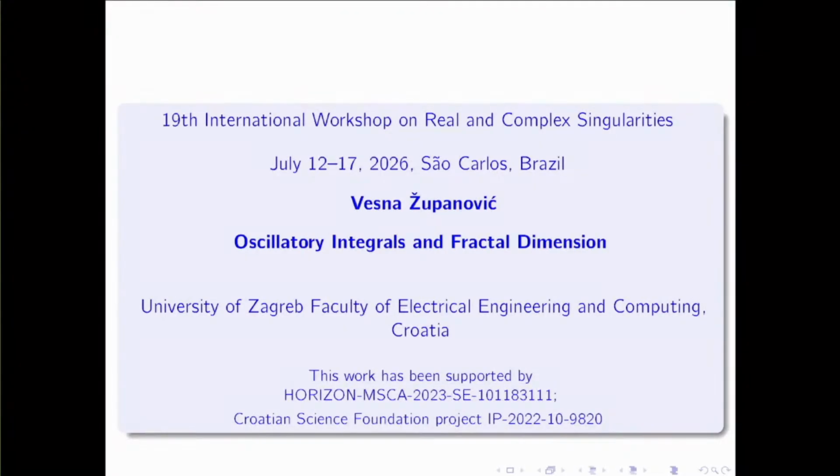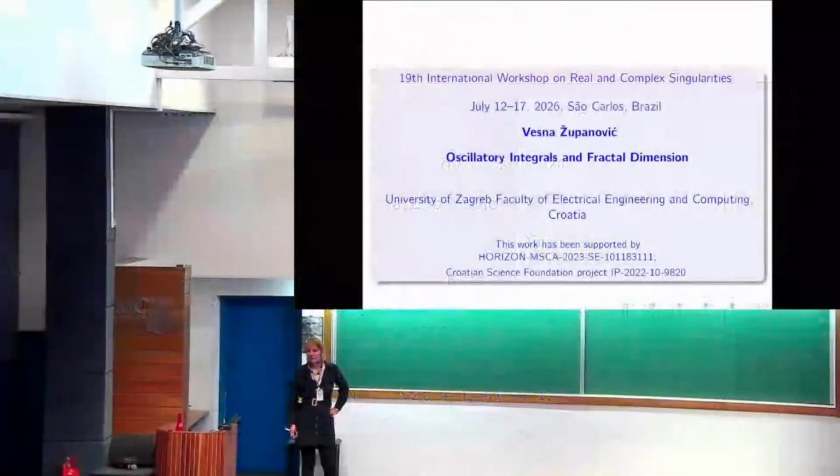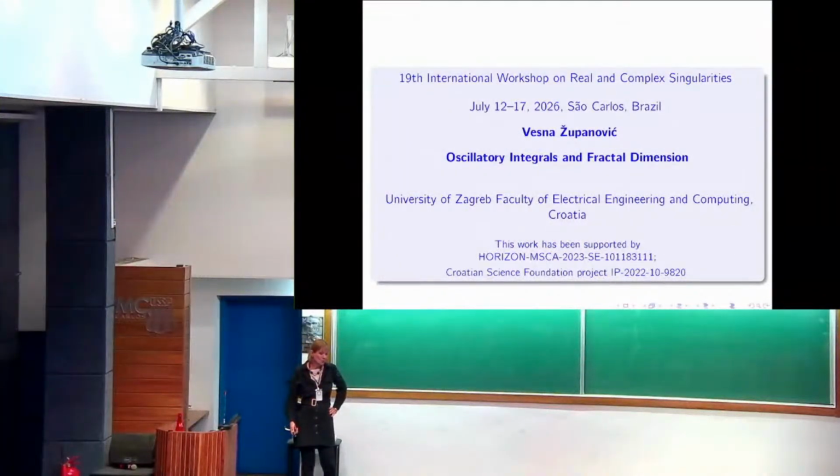And from another side, fractal dimension. Fractal dimension could help to explain fractals. But some objects could be regarded as fractals, even if they are not usual fractals. Here we will not have usual fractals, but we will obtain some additional information about these objects by fractal dimension. These objects will be curves defined using oscillatory integrals.